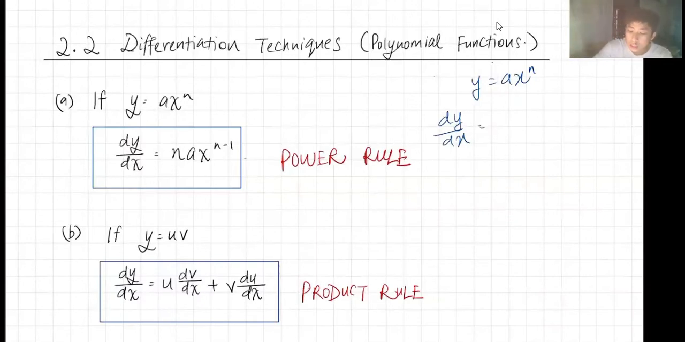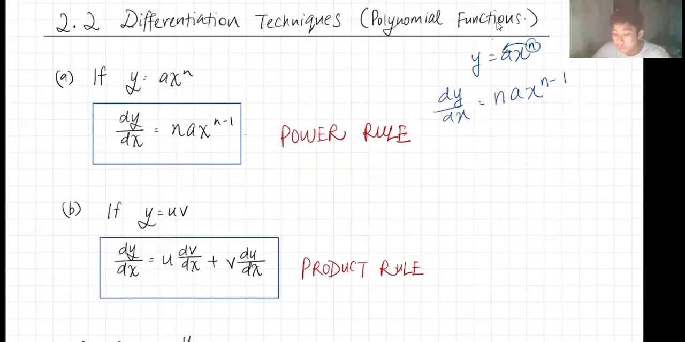So assuming this is a curve, how do I know what is the gradient of the tangent? What I do is bring the power downwards, n times a times x, then the power you minus 1. That is all what you do. This is called the power rule because you have a power. You understand? This is called the power rule. And the power rule can also be further